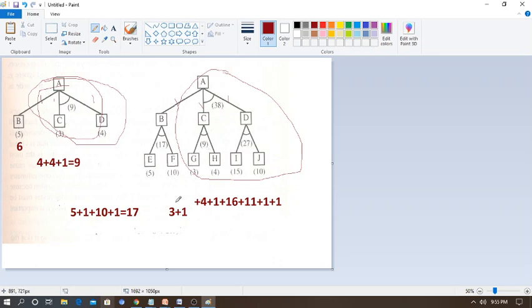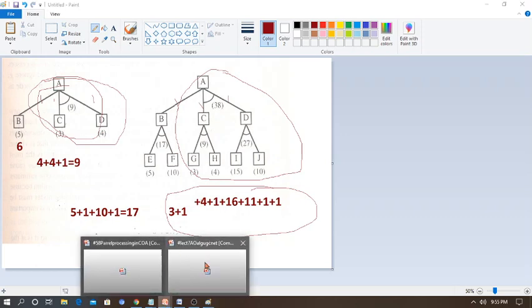So we are going to calculate the cost here. That is 3 plus 1 is 4, then 4 plus 1 is 5. That is 9 here. Similarly here 15 plus 1 is 16, then 10 plus 1 is 11. So totally 27, and the cost of A to C is 1 and A to D is 1. So if you add everything, your value will be 38. So this is a simple method of how AO star works in the artificial intelligence concept.